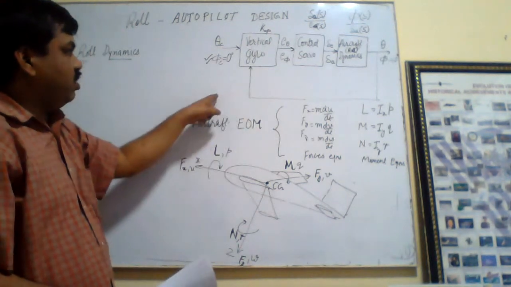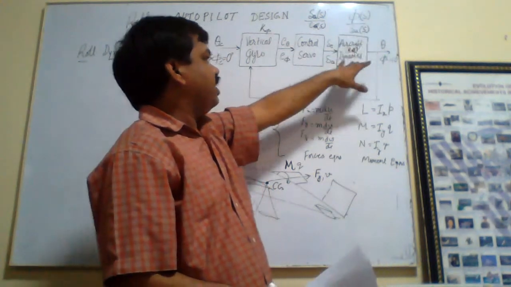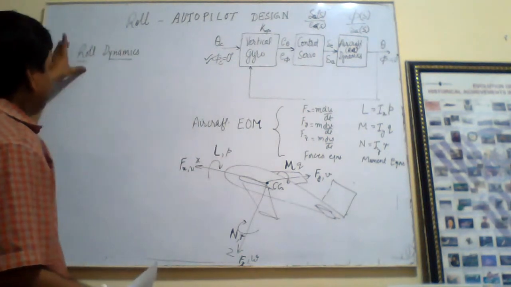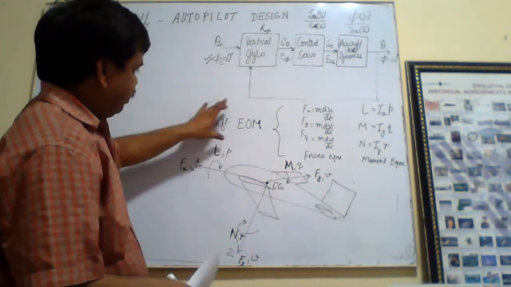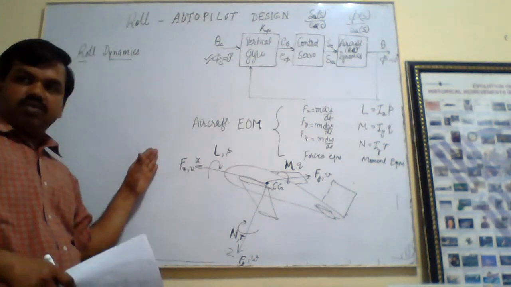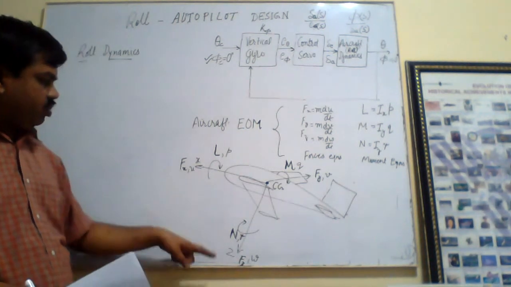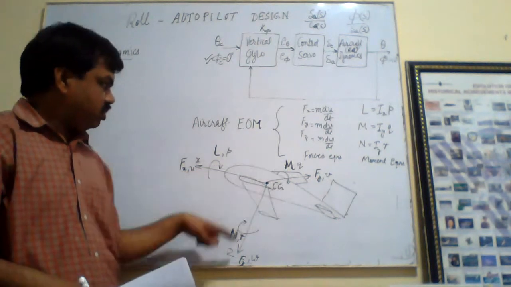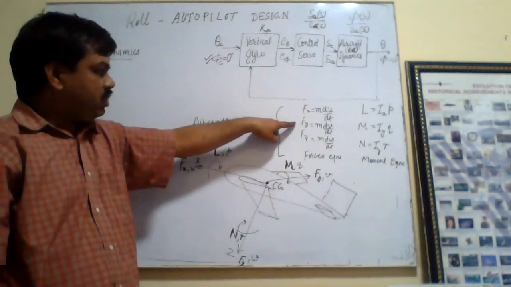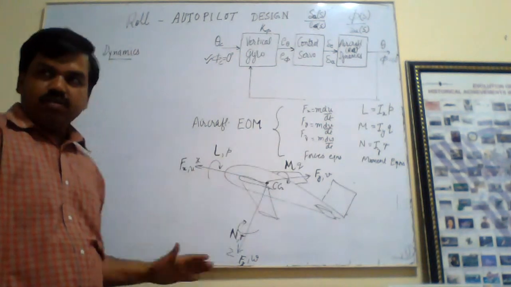Now we are focusing on the derivation of the Laplace transform of the aircraft dynamics. For that, we need the aircraft equations of motion. So the aircraft equations of motion in general involve motion along the x-axis, y-axis, and z-axis, which are linear motions. For these three linear motions, we have force equations: force equation in x, in y, and in z. So this is for linear motion.